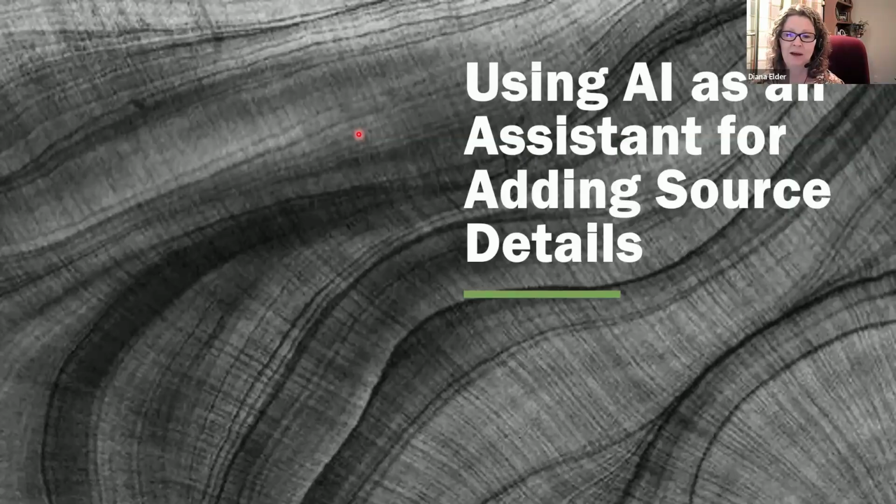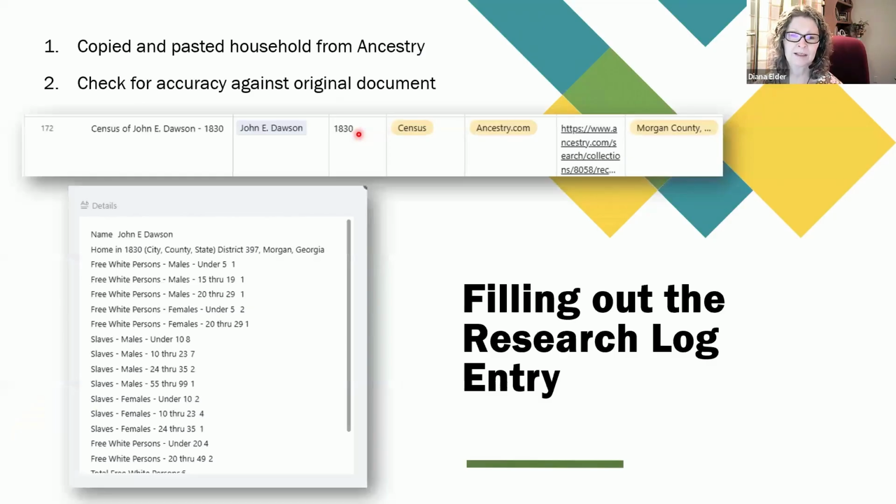Okay, now what about the idea of the source details? Sometimes it's really easy to add source details, but sometimes it's a little bit more work. An AI can help you with some things. So for the Johnny Dawson census,